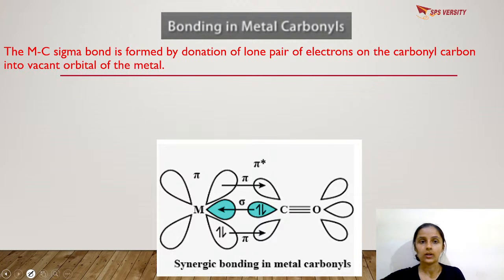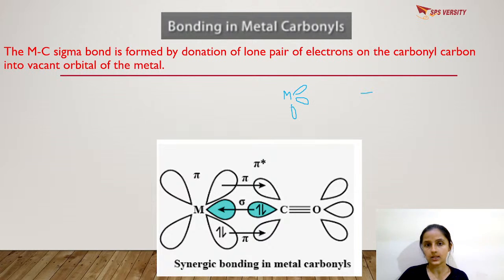So we are moving ahead. Bonding in the case of metal carbonyls, where you have the metals and the carbonyl as a ligand. Generally, whenever you speak about any ligand, the metal is going to have some vacant orbitals. It can be s, p, or d, and the ligand orbitals are going to overlap with the metal orbitals, and the ligand is going to give a pair of electrons to the metal. As a result, you will have a coordinate bond between the metal and the ligand. But here, in the case of metal carbonyl,